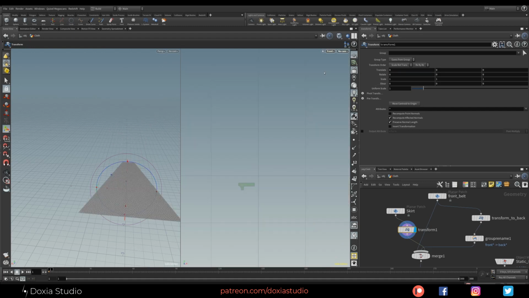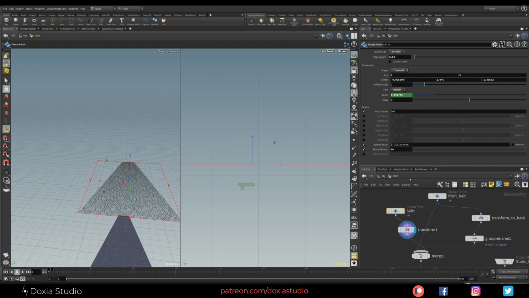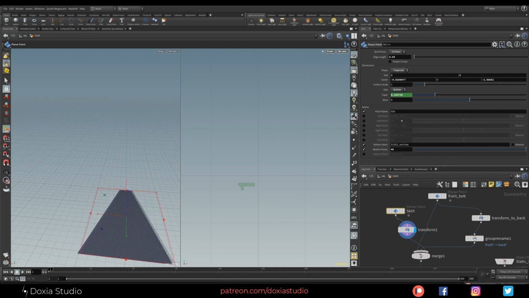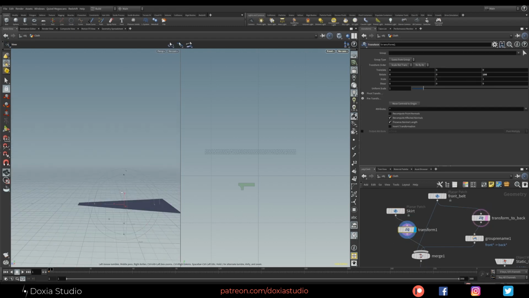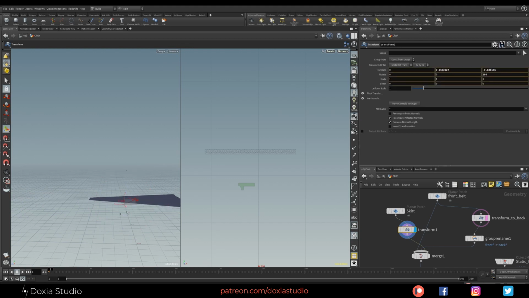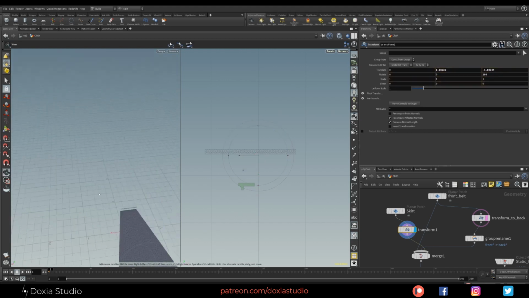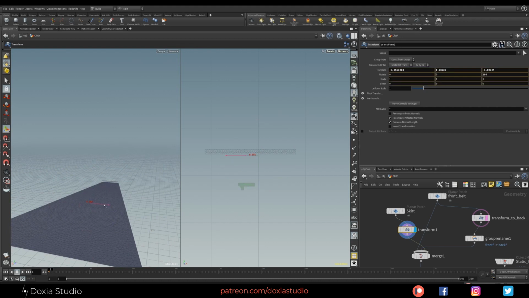Okay, sorry, just checking this out. Here, 180. I want just show you one little thing. Zero. Okay, let's place our skirt in the right position. Okay, imagine our skirt was flipped.